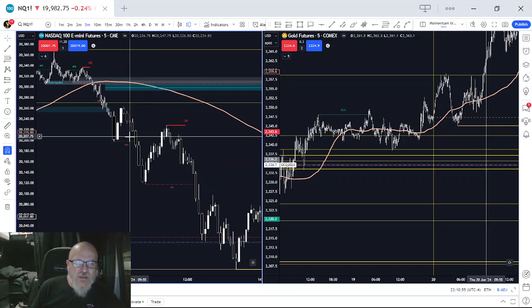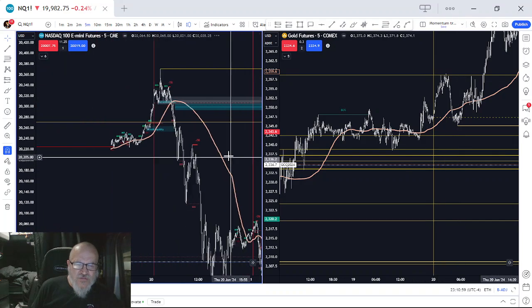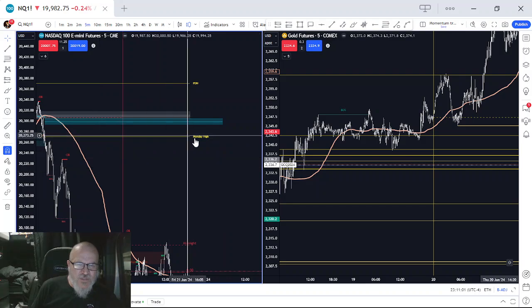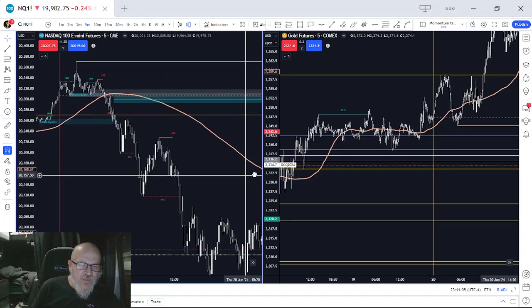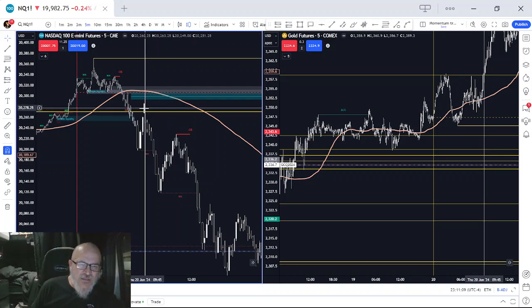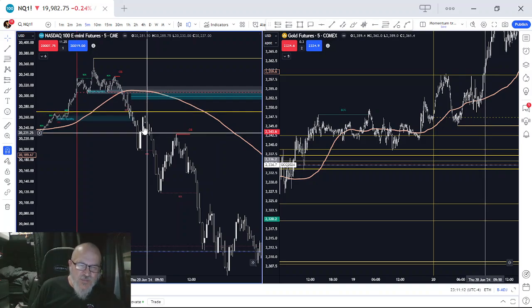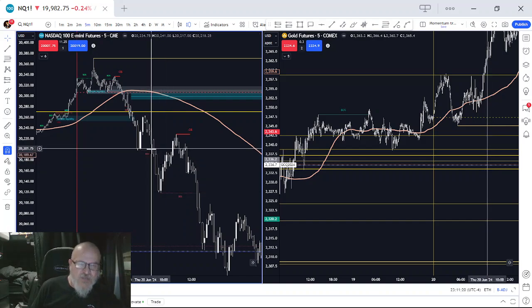Now this just happens to be off of a level, which is Monday's high. It pushed up to Monday's high, didn't break it, didn't take liquidity off of it, but couldn't get past it and then just fell and broke structure. Nice strong displacement with a break of structure. That's all I'm looking for.